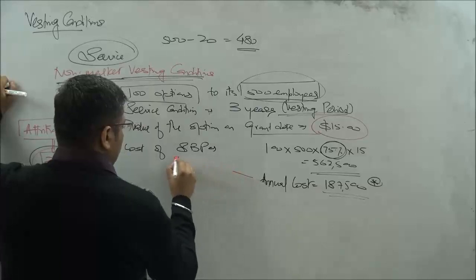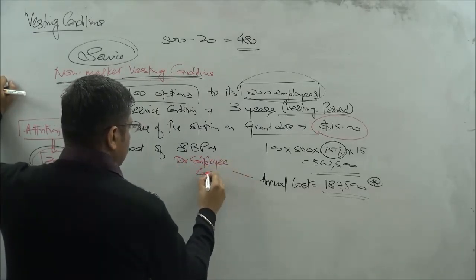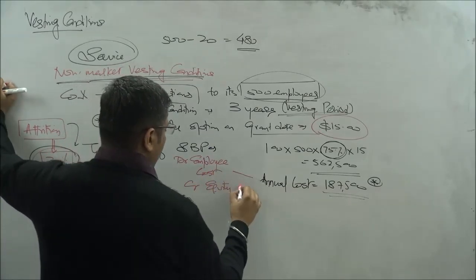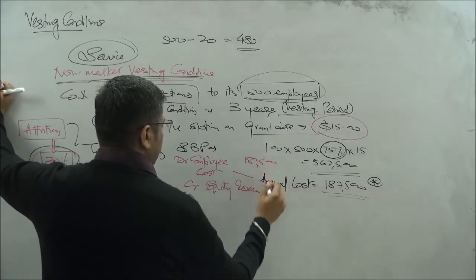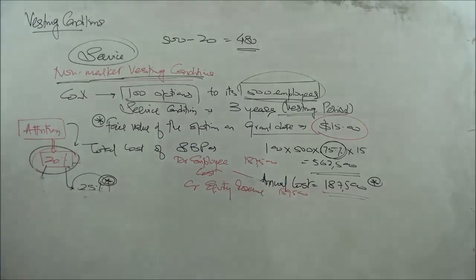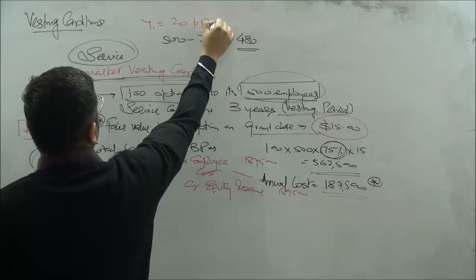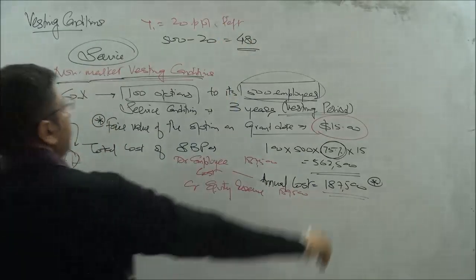The accounting of it is quite straightforward. I'm saying debit employee cost, credit equity reserve 187,500. Okay. Now this is the first part. Let us say, so this is my year one, 20 people left. Okay. Let's say year two,